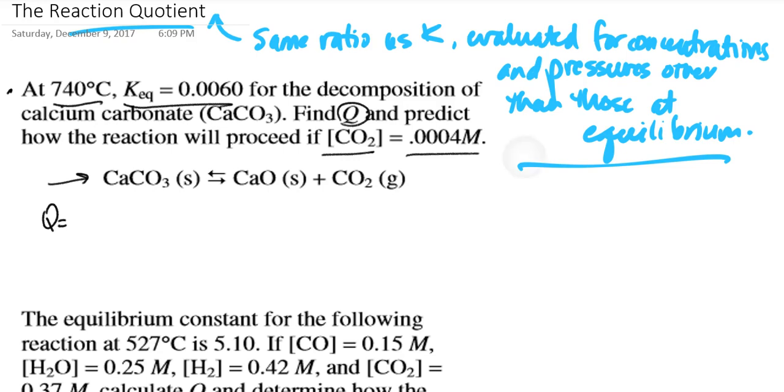And as I said, it's actually the same ratio as the equilibrium constant. So we would just simply apply the law of mass action as we have been doing. And so if you notice, the carbon dioxide is a gas, but every other species involved in this reaction is a pure solid. And so that would mean that my reaction quotient in this case is merely just the molar concentration of carbon dioxide. So that means that the reaction quotient is